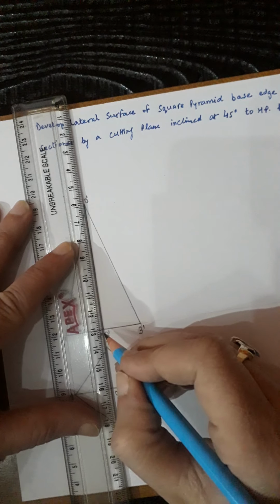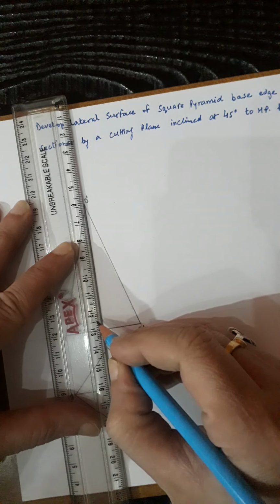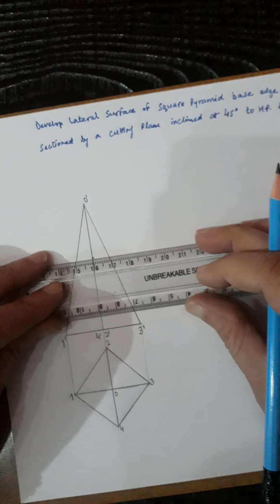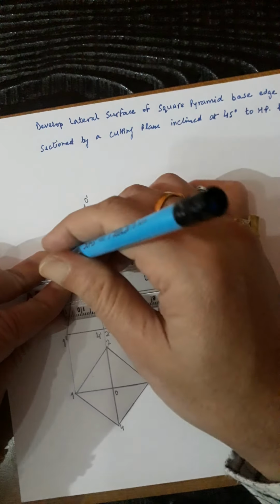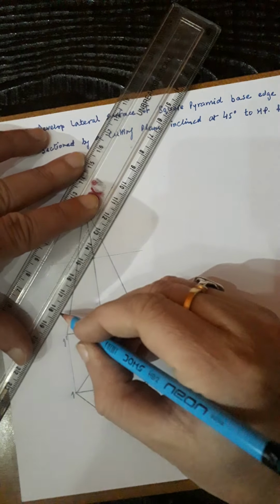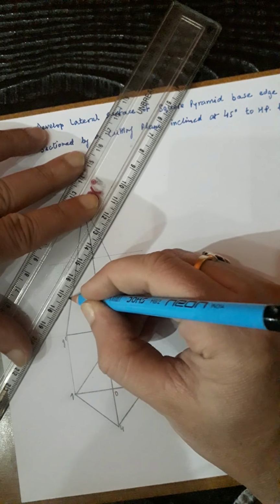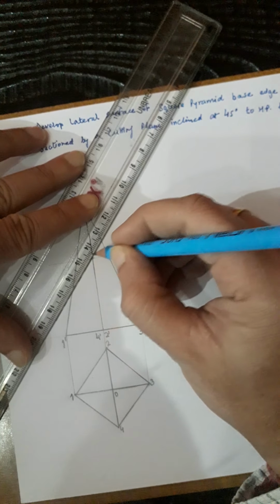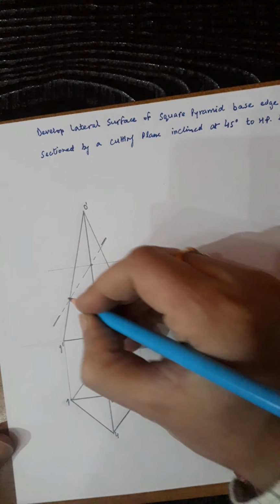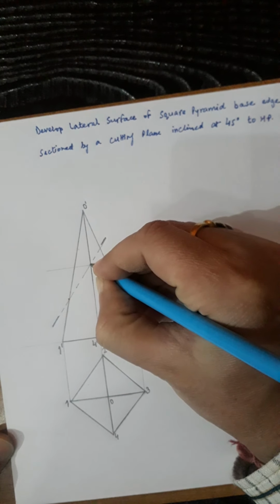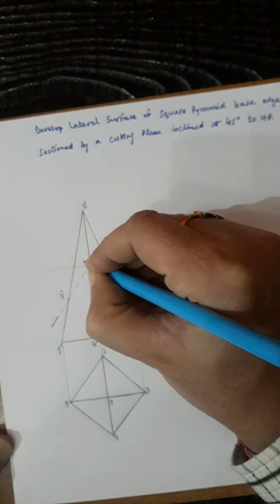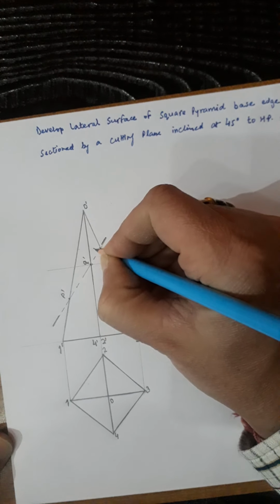Now the cutting plane is 40 mm from the base, 10, 20, 30, 40. So this is 40 mm. So I will be drawing a horizontal line through this. Now I will be measuring a 45 degree angle. Yes, I have measured this 45 degree angle. Now you can draw a chain line, thick at the edges, the cutting plane line. So it is meeting here at these 3 points: P dash on O1, Q dash on O2 and O4, and R dash on O3.